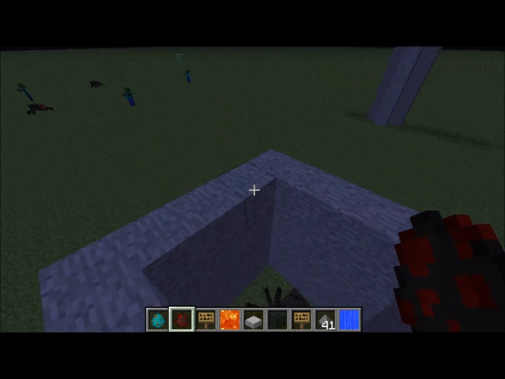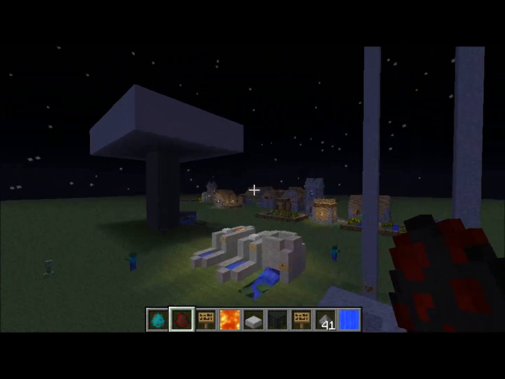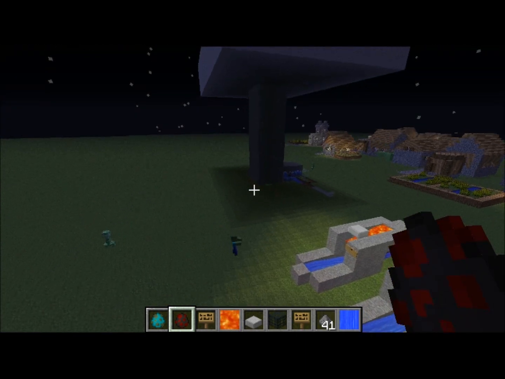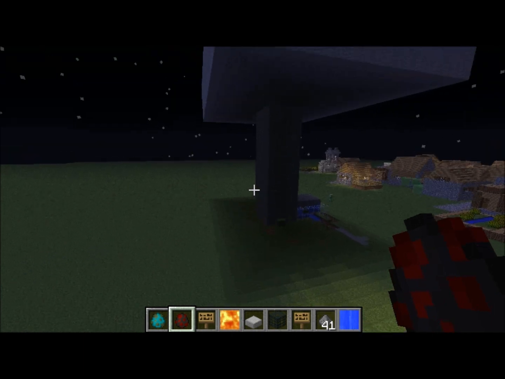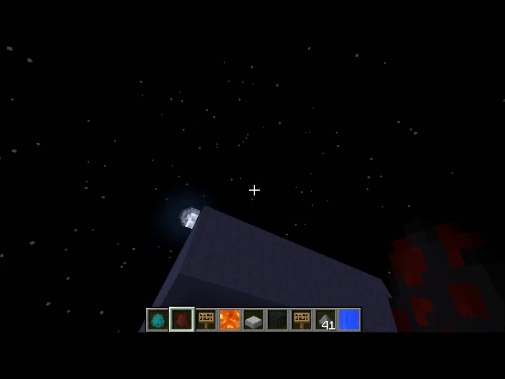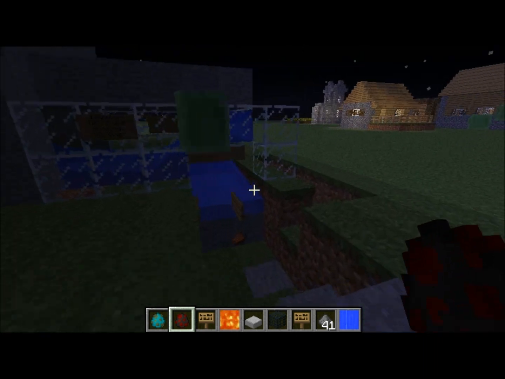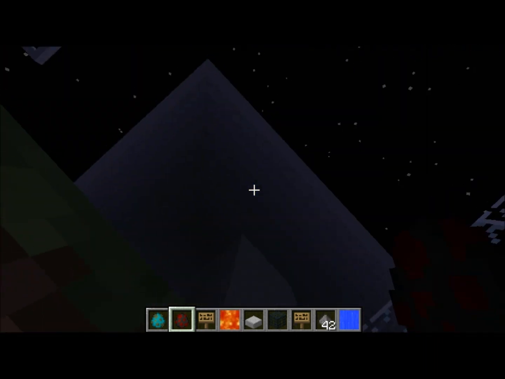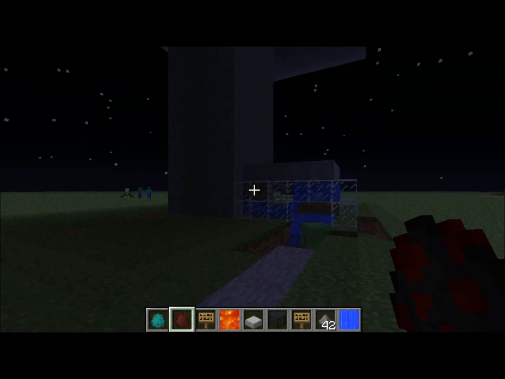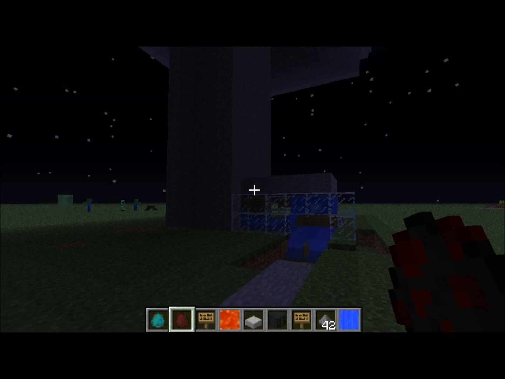Now, when it comes to a couple of little miscellaneous facts, you want your mob spawner to be far away from you, at least as far as this mob spawner is away from where the player would be collecting. Sometimes mobs won't even spawn here because it's so close. I think if you're within 24 blocks of where the mob is going to spawn, it won't spawn. And you need to be, I think, at the very least 128 blocks from where the mob's going